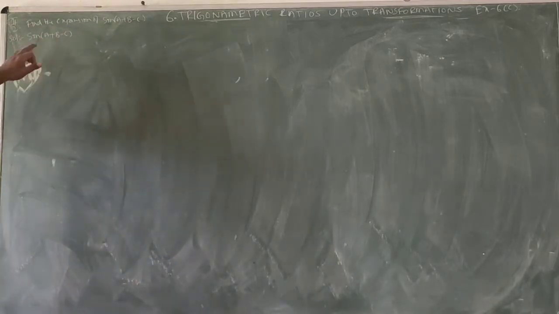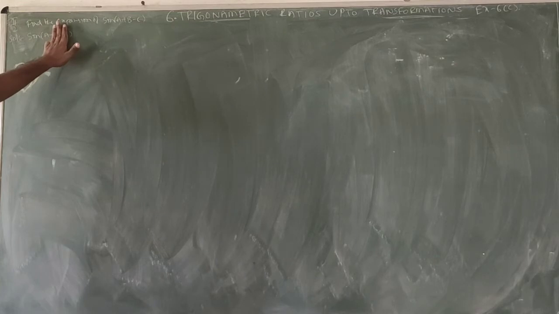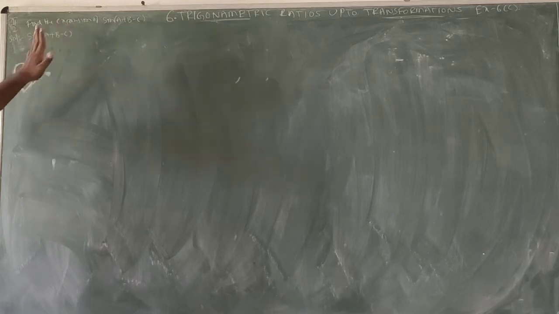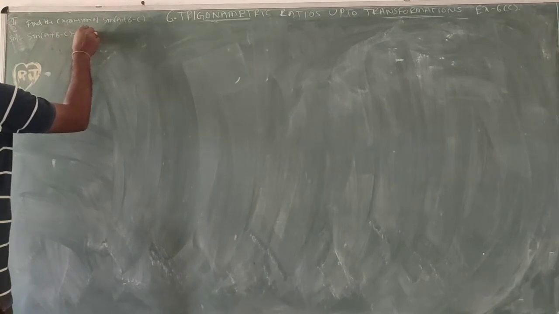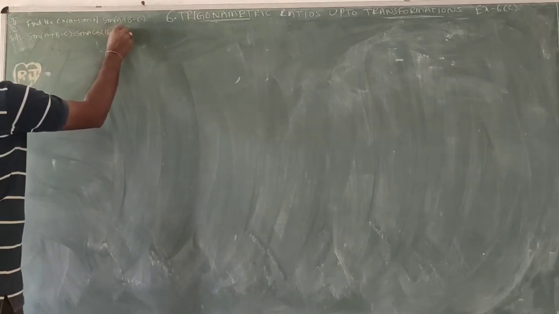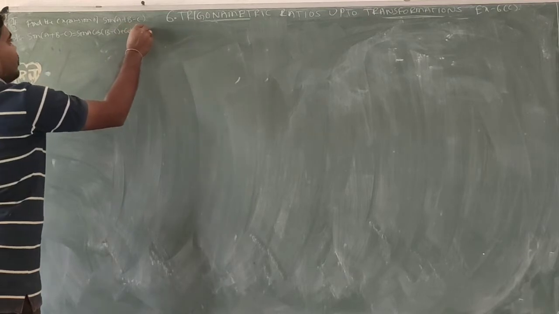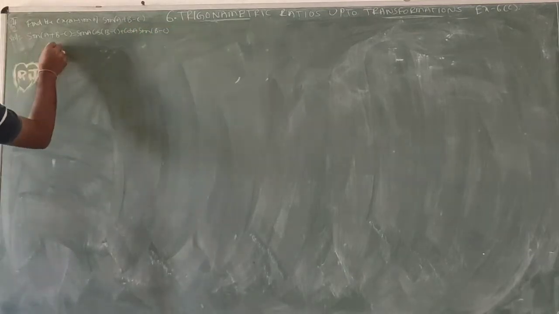So first, take sin of A plus B minus C. We can write this as A plus of entirely B minus C. This is the A plus B formula. Sin of A plus B formula: sin A cos B plus cos A sin B. Sin A cos of B minus C plus cos A sin of B minus C equal to sin A